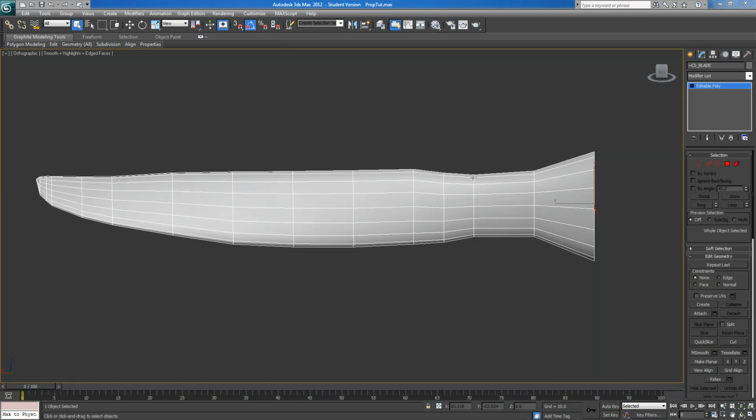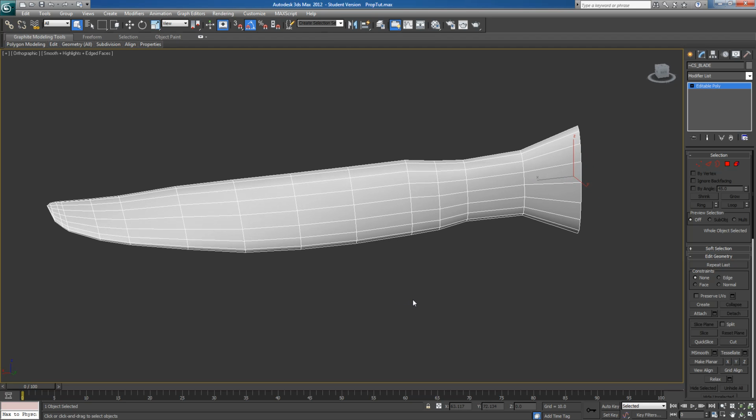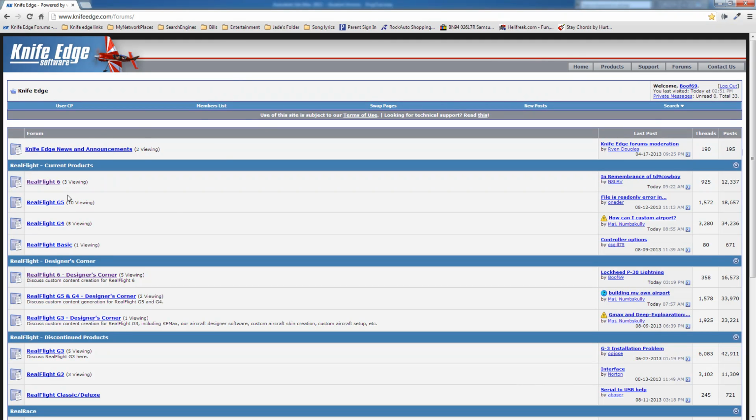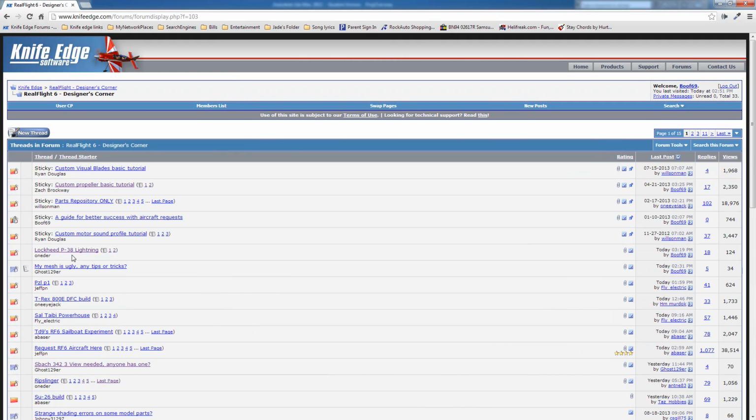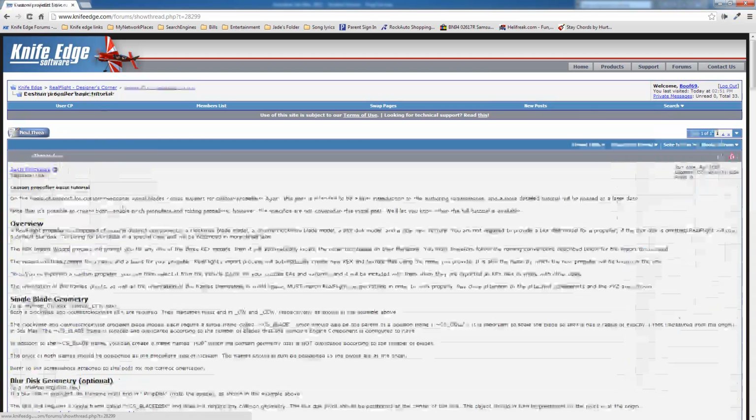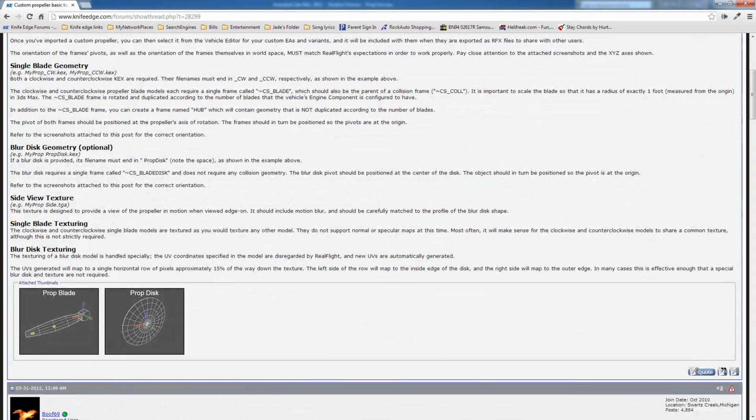Okay, so I need to start this one out by fixing a mistake. Let me show you here. I'm going to go to this area here. Okay, when it comes to the blur disc texturing, that texture is going to come from the texture of your